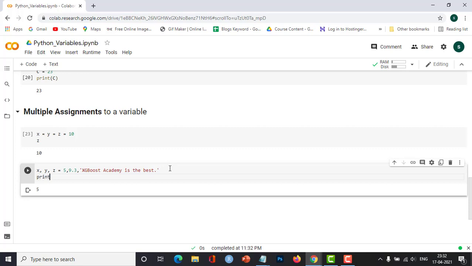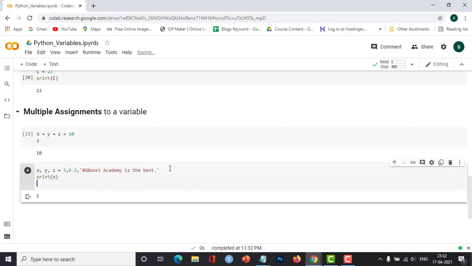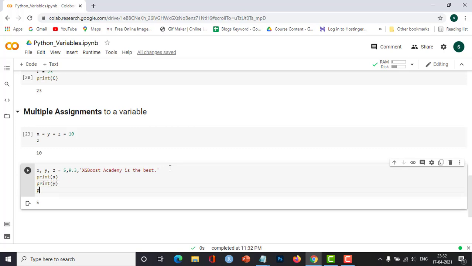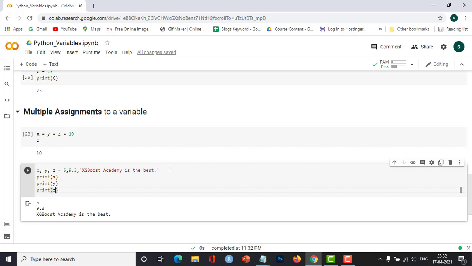I'll use print statement for printing all the variables. Then z. Now let us see what we get. So the first variable, which is x, the value 5 is assigned to it. Then the value of 9.3 is assigned to y, and the string is assigned to the third variable. So all the corresponding values that we are giving on the right hand side are assigned to the corresponding variables on the left hand side.